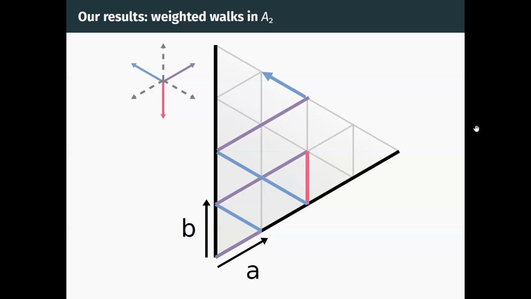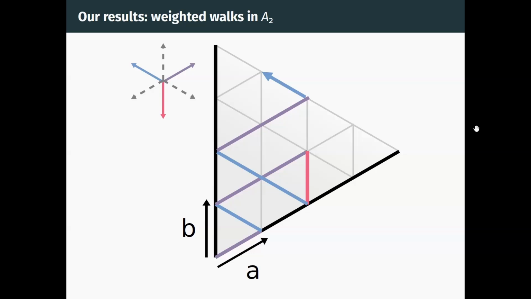But we're going to be focused on these walks that are in this cone right here that extends off to the northeast forever. And then there's two models of steps here. It could either be the colored steps in the upper left, so that's northeast, northwest, and south, or it could be all six, so also including the dotted lines there. And then we're going to add weights to these steps according to the two axes in the cone. And so anytime you take a northeast step, you'll add a weight of A. Anytime you take an up step, you'll add a weight of B. And those are multiplicative.